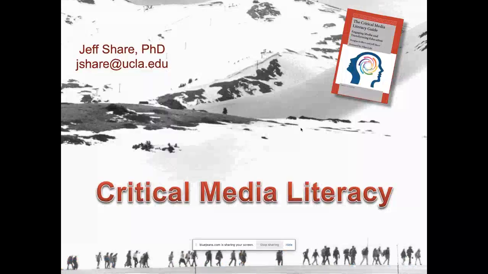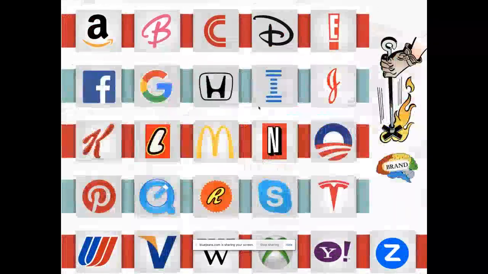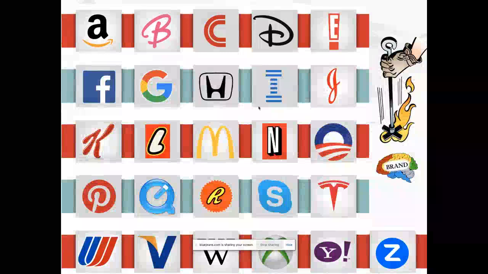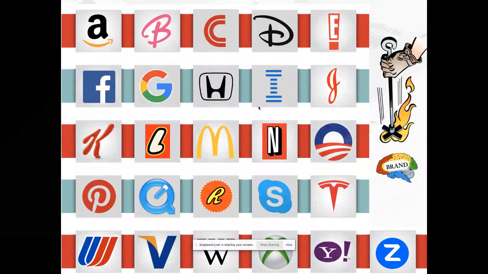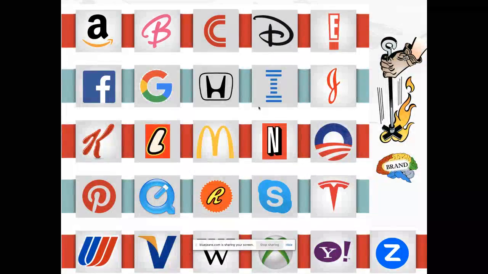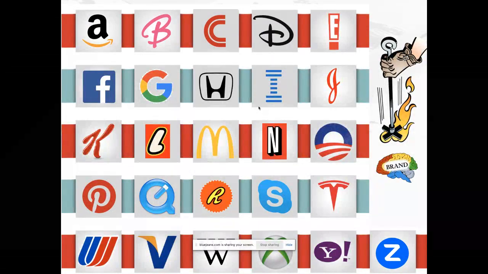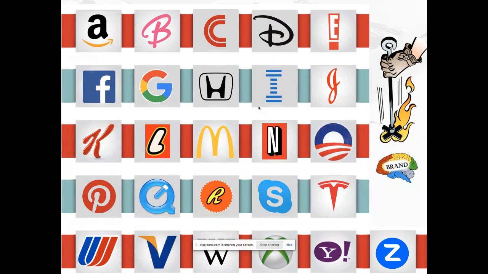I wanna start with an alphabet because oftentimes when we talk about literacy, we think about an alphabet as the way we teach literacy. So this is a media alphabet with the first letter being from either a product or a brand or a logo, right? So I want to do a quick little game where I'm going to just call out the letters one at a time. And when I call out the letter, please just out loud, unmute, tell me what the product or brand is that it comes from. So the first one, A.